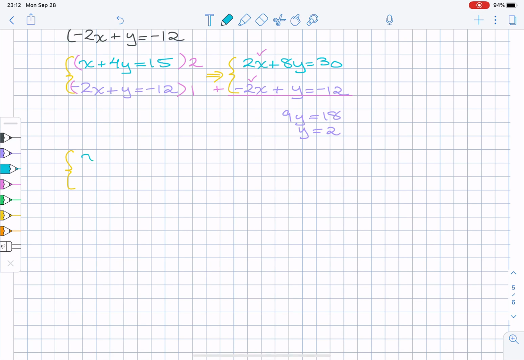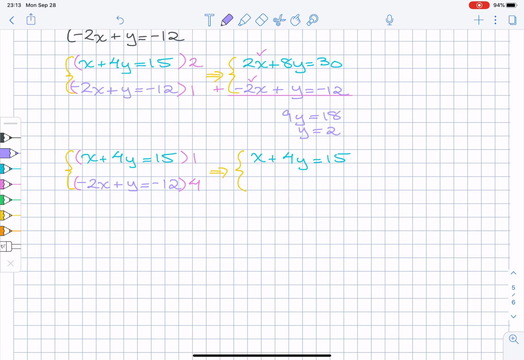So I have x plus 4y is equal to 15, and negative 2x plus y is equal to negative 12. So I multiply the first equation by the coefficient of y in the second, and the second equation by the coefficient of y in the first. So what this gives me then is just the first equation, x plus 4y is equal to 15, and the